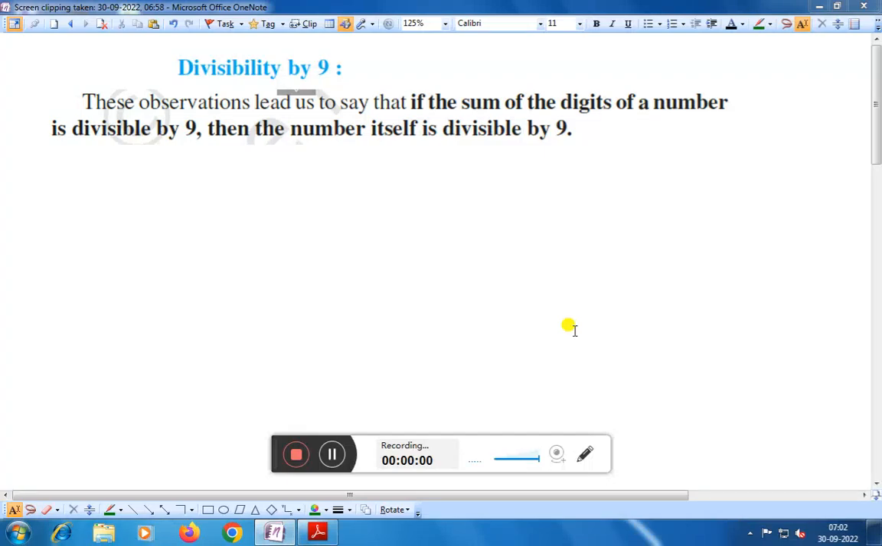Hello friends, today we shall take the divisibility rule by 9. What is the rule? If the sum of the digits of a number is divisible by 9, then the number itself is divisible by 9. If you write the different tables, we are writing the table of 9,